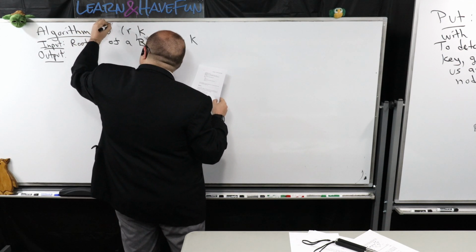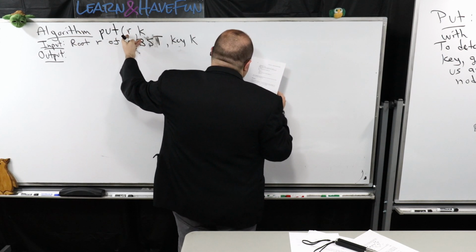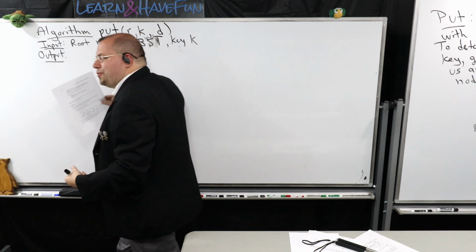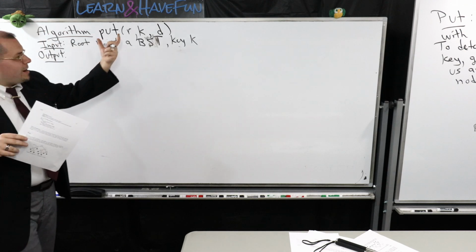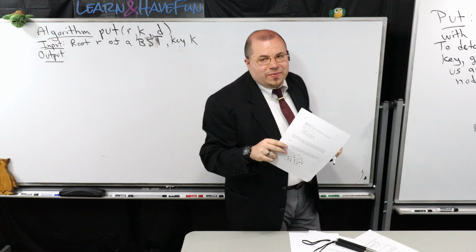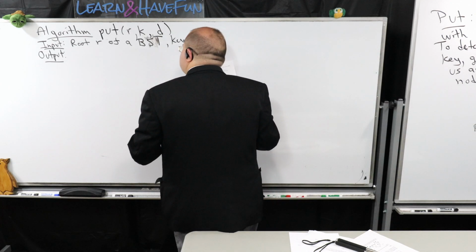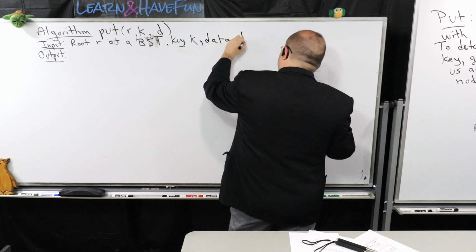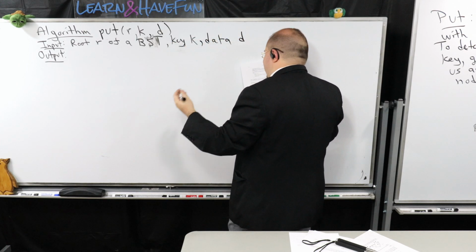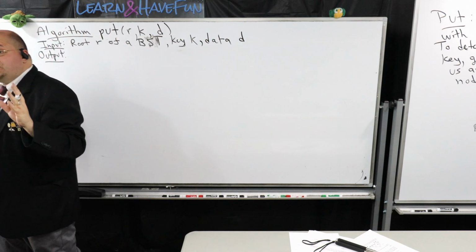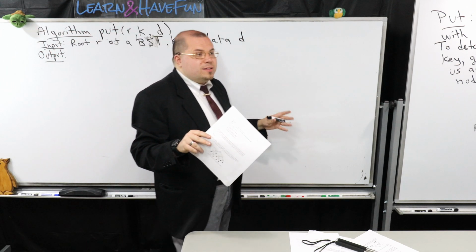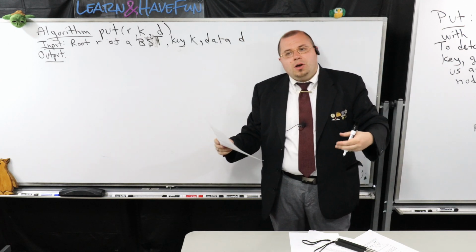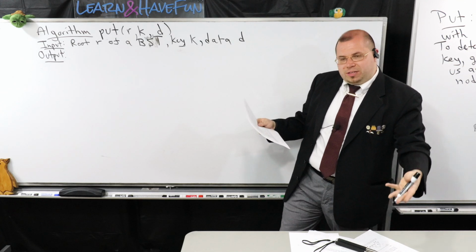So we're going to have an algorithm called put. It's going to take in a root, a key, and the data or value for the record. Remember, the record is a pair: we have a key, and some value or data associated with it. So I'm going to have the root of the BST, a key, and the data associated with that record with key K. To make this easier, I'm going to make it return a Boolean value. It's going to return true if the insertion was successful, or false if it failed.